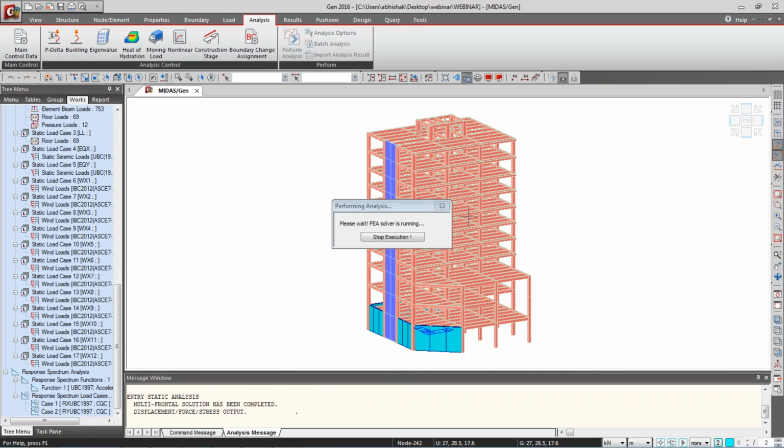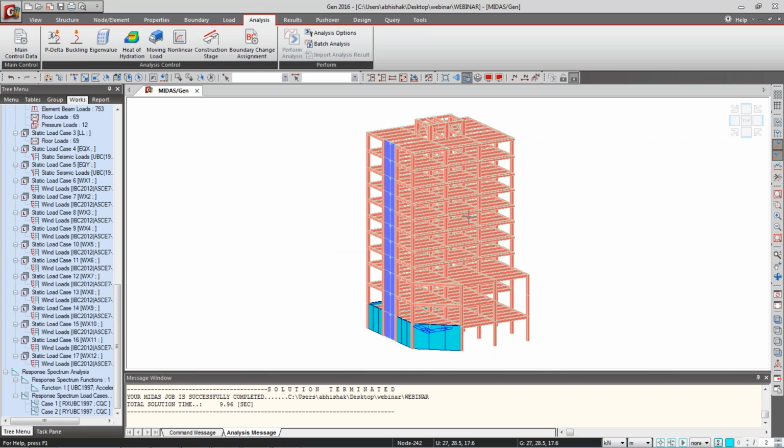So within a few seconds my entire model analysis is run. Now next is about the result. Before checking the result,